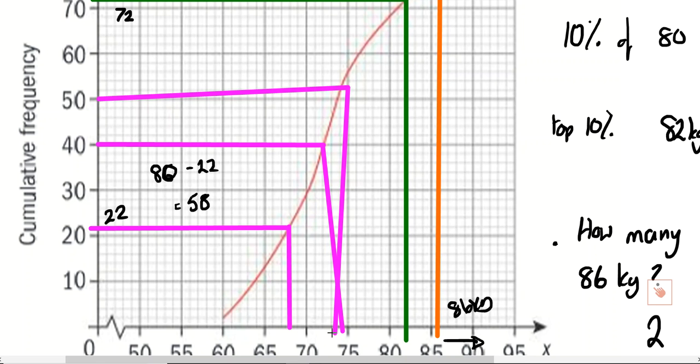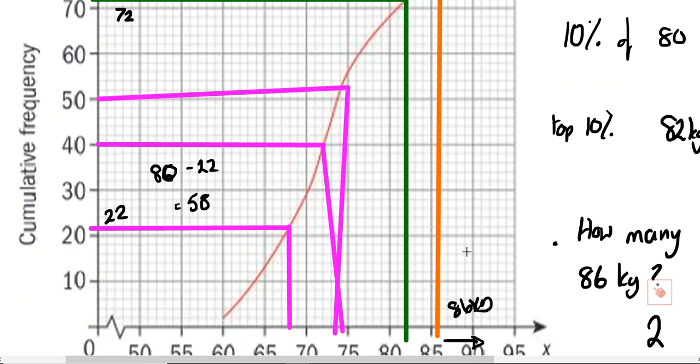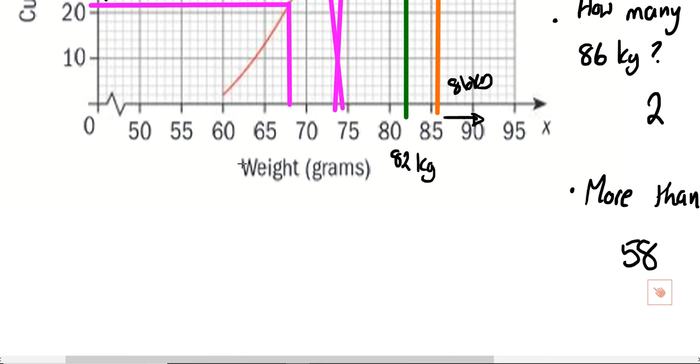So that's it really. We have now covered the 5-point summary using cumulative frequency. We've got different percentiles. So if I said to you, what would the top 30% be? You just need to find 30% of whatever the maximum cumulative frequency is. Go to that point, yeah? So that's about it. Hopefully you are okay now with converting from your 5-point summary into a box and whisker plot. Any questions about that? No? Cool. Well, we have